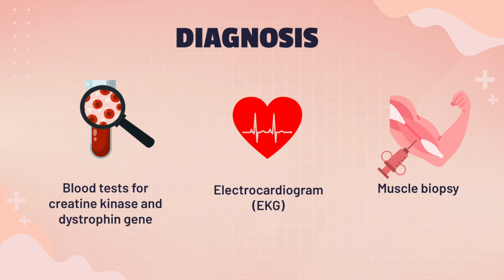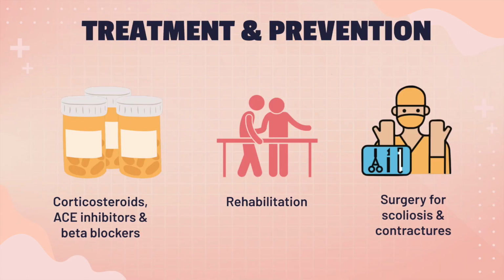Furthermore, a muscle biopsy may be performed by taking a tissue sample using a biopsy needle. Using this method, doctors can determine if the muscle contains dystrophin. Decreased levels of dystrophin found around the muscle fibers are an indicator of Becker muscular dystrophy. Finally, there are various treatment methods as Becker muscular dystrophy cannot be prevented or cured.